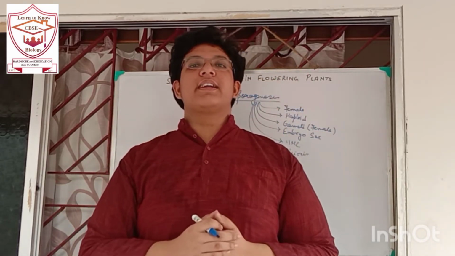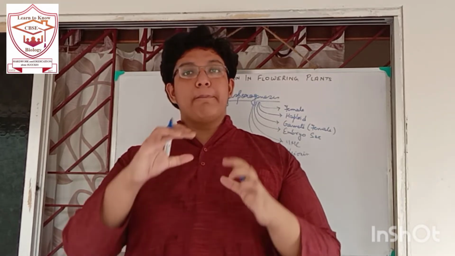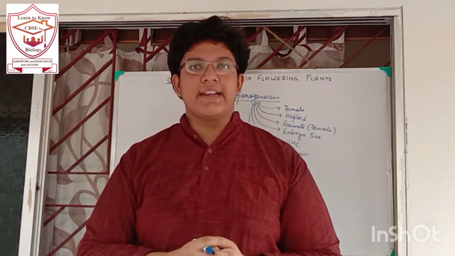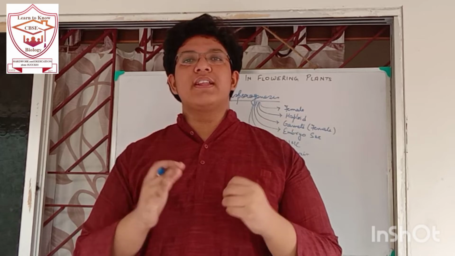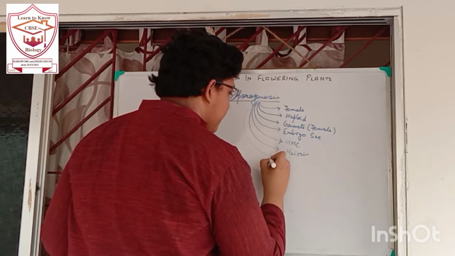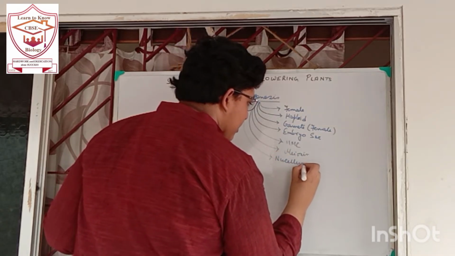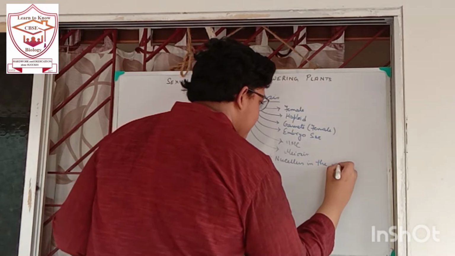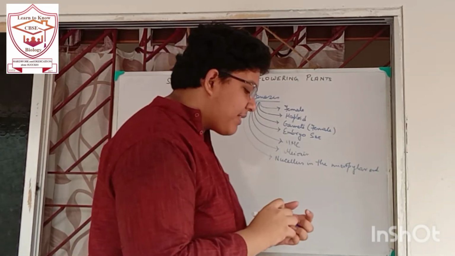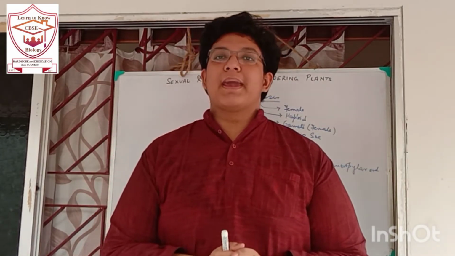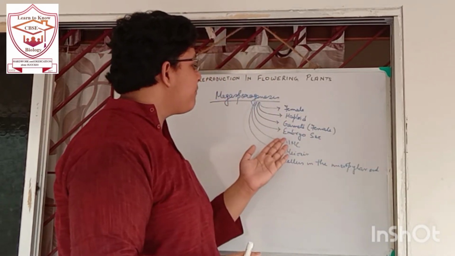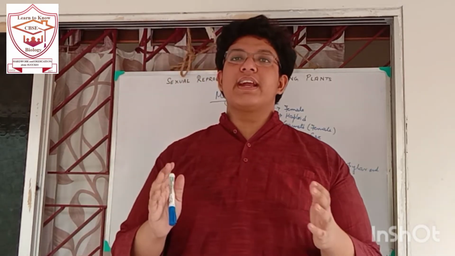Since we all know that in the micropylar end the embryo sac is present, it is very clear that the nucellus in the micropylar end undergoes division and differentiation in order to form the megaspore or the embryo sac. So, similarly, derive a definition. Megasporogenesis is the formation of the megaspore or the embryo sac from the megaspore mother cell by meiotic division.